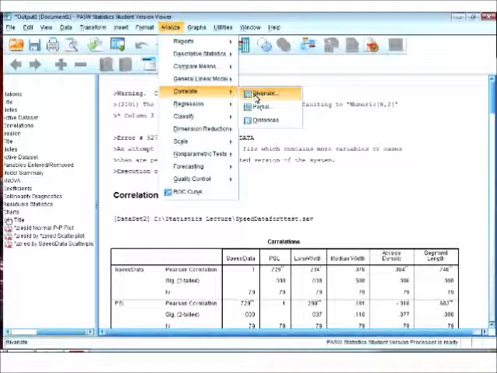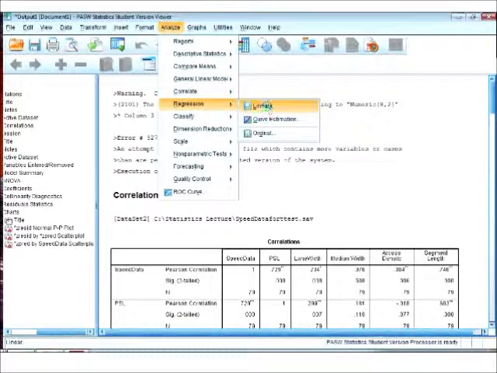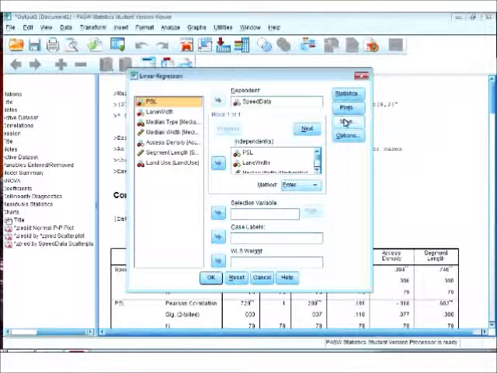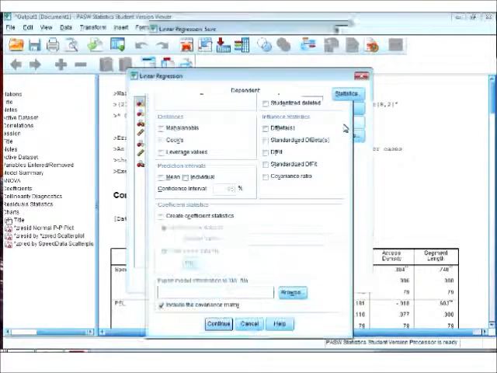So let's see what else we can plot here. What else we can do is